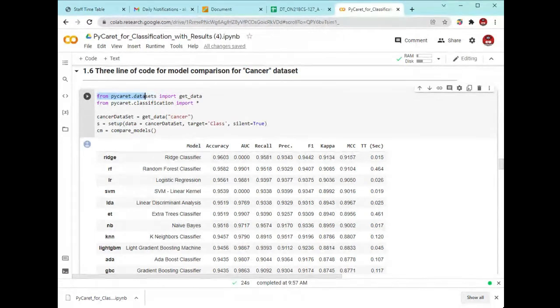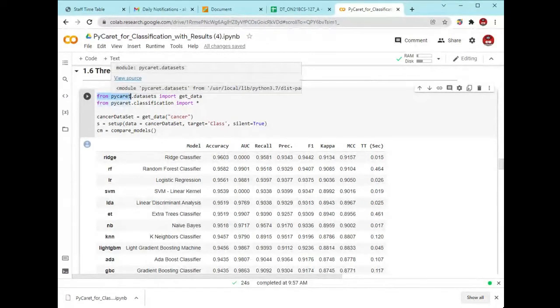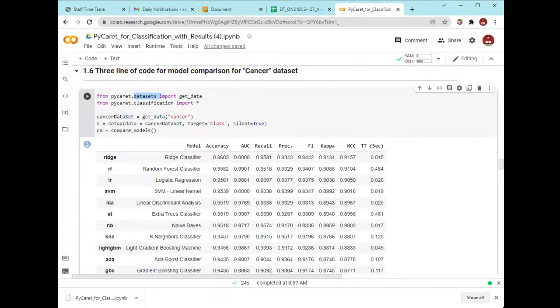Firstly, we use PyCaret, and from PyCaret we use the dot operator to call datasets, and from that we import the method get_data. After that, from PyCaret using the dot operator we call the classification module, and we import all the classification models which are present inside the PyCaret library.